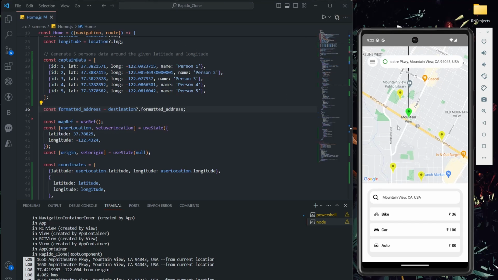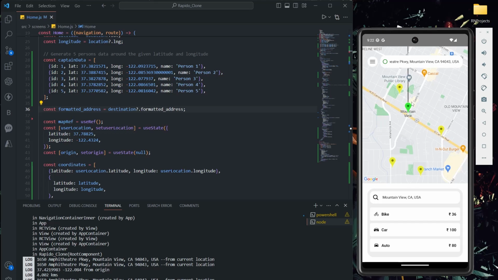Okay, perfect. Now let's come to this point and I'll explain these things. Assume how many users we have right now. We have 4 captains, nothing but 1, 2, 3. Just see my mouse cursor. How many captains do we have? We have 4 captains close to our destination. The green color is my destination point. Perfect. So now on click of any option here, let's say the user selected bike. Now what I have to do is, whoever is close to this green marker, I have to assign to that particular person, right? Okay, I hope you're getting it.